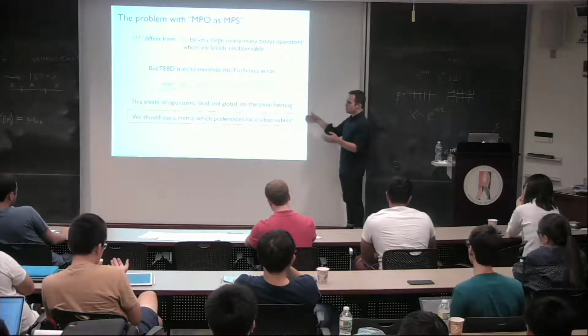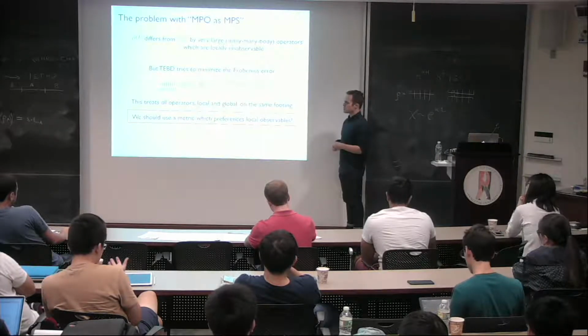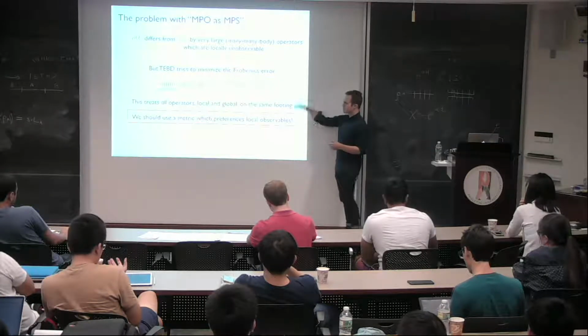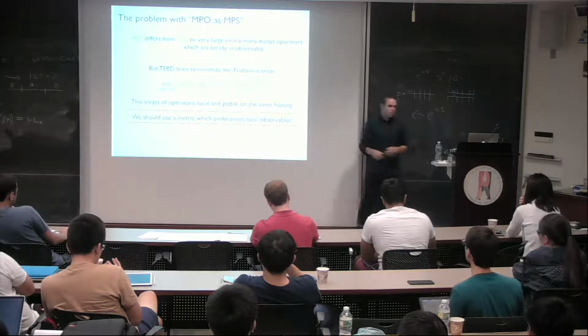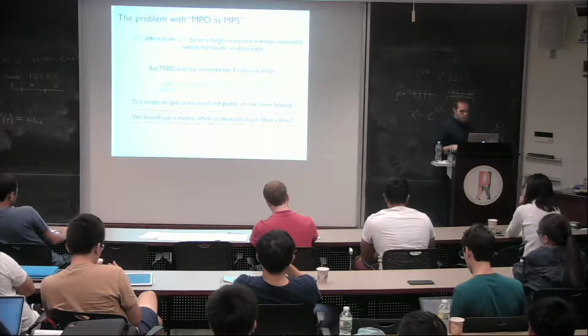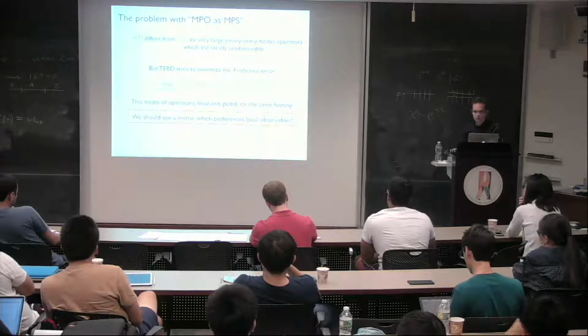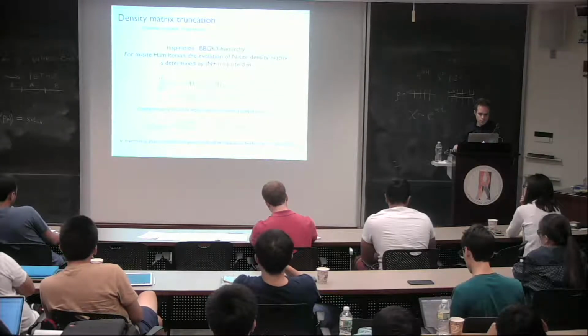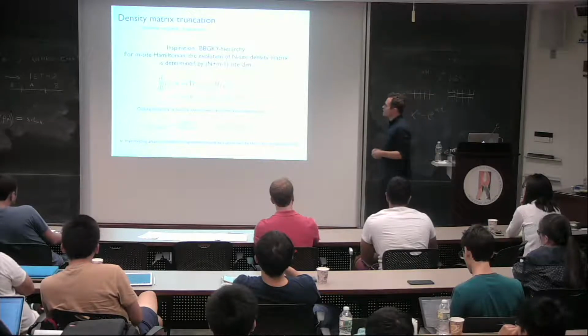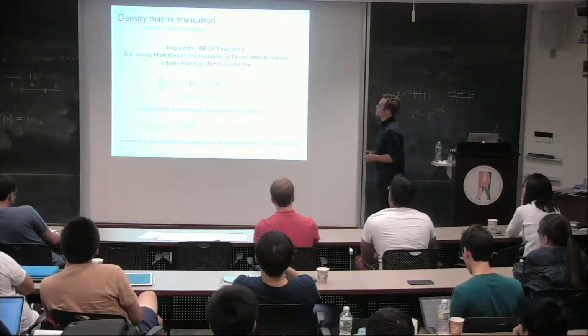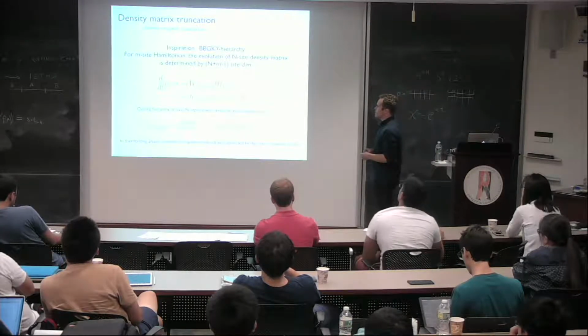What is the best way, when doing these matrix product operator dynamics, to compress them and truncate them? So maybe some of you will have ideas for a better way than what I'll talk about here. Chris White at Caltech is the one who did most of the work here, and part of the inspiration for our approach is something called the